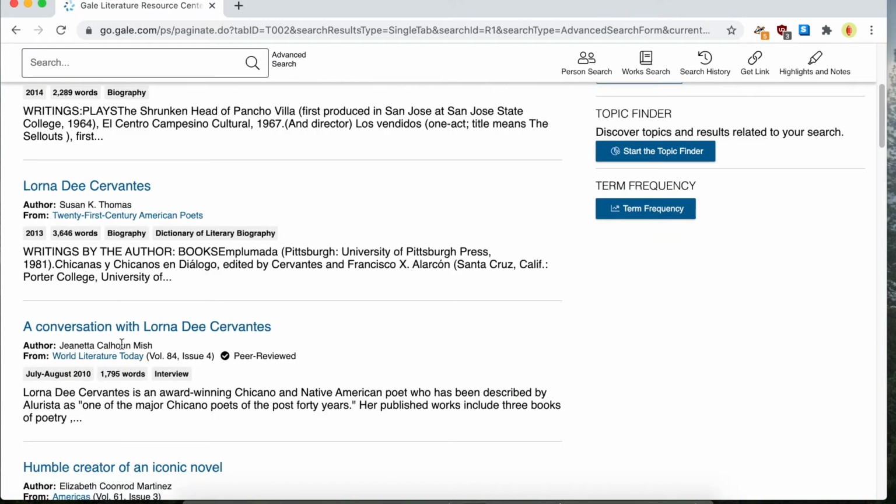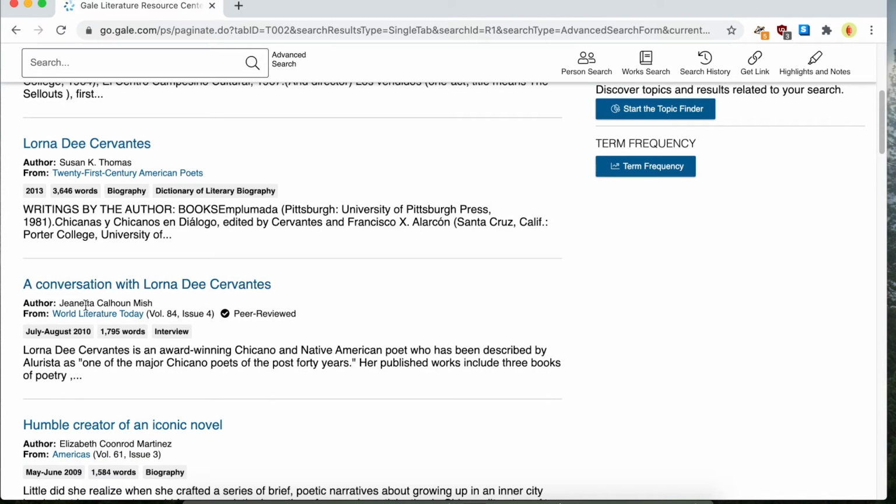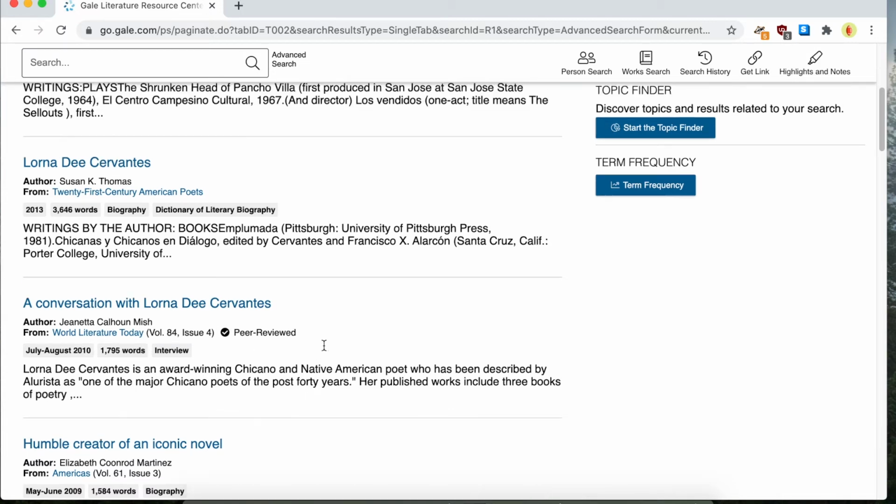So in this case, the article, A Conversation with Lorna D. Cervantes, is from the resource titled World Literature Today. It's volume 84 and issue 4 and has a check mark for peer reviewed. And you can see that was published in 2010. So that might be an interesting way to discover